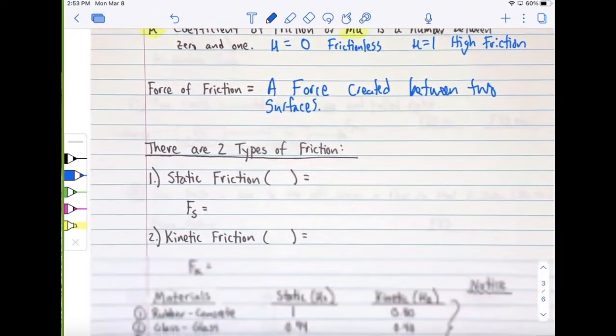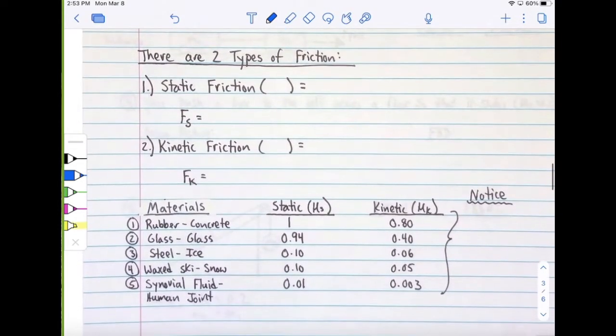And there's actually two different types of friction. Slide right there. So I'm just going to clarify this a little bit. There are two types of frictional forces. So let's fix this. The first type, static frictional forces, or the force of static friction. We use an F sub S for that. And just think to yourself, what does the word static mean? And in this case, we're saying static friction. So it's friction that occurs between